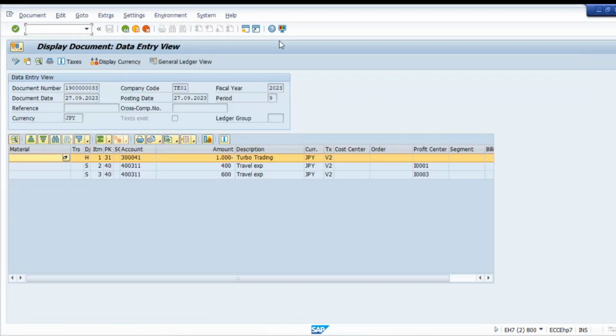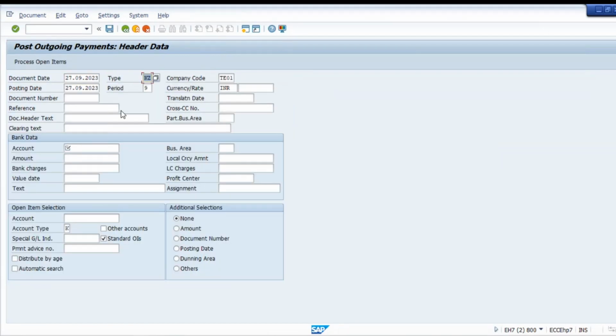Okay, now I'm going to make the payment, and I should get a foreign exchange difference. Invoice number 33. That's 1000 JPY, right? Yes. Currency JPY. This is the vendor open item,